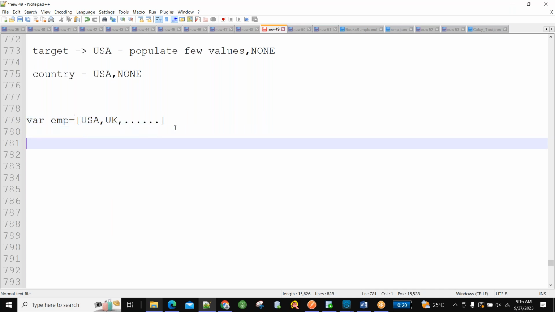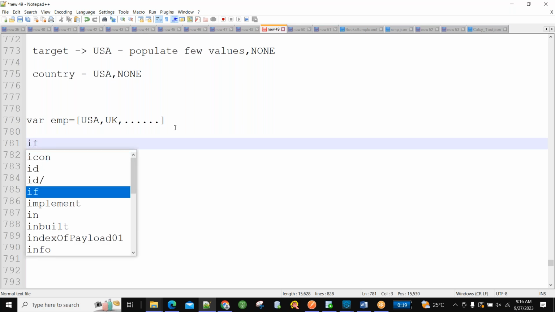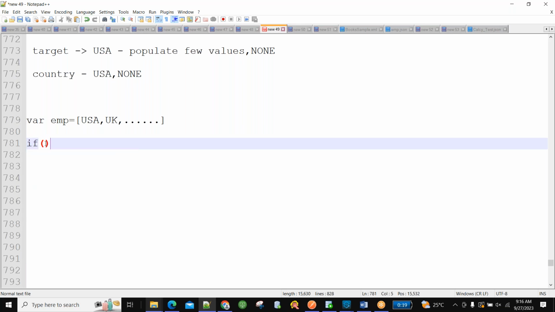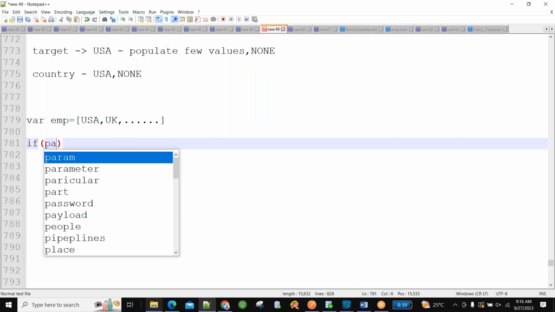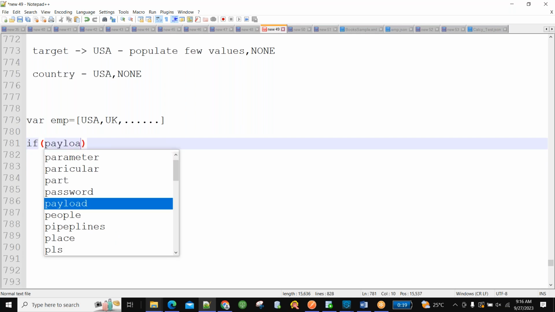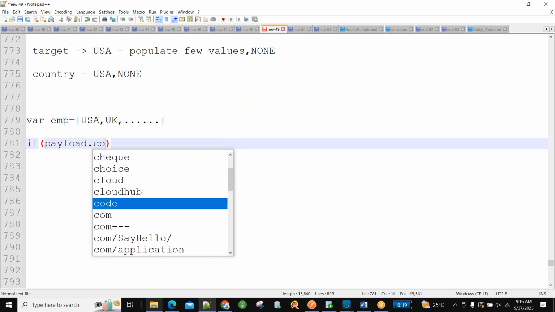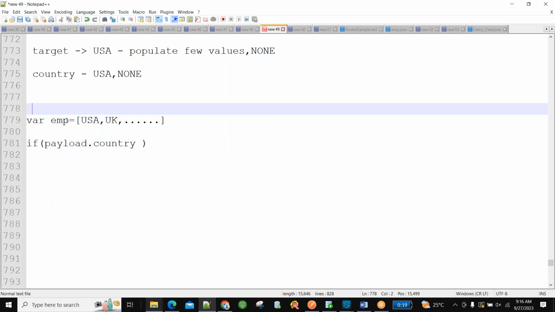And in your if condition, whatever value you are getting from the payload, payload dot country, some value you are getting. That country value, I am assuming from the payload I am getting country as United America.